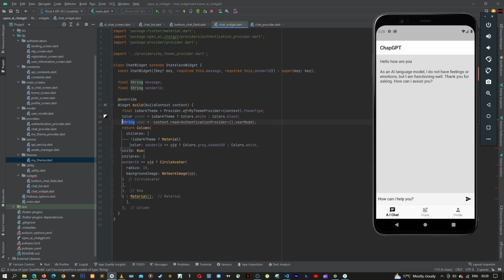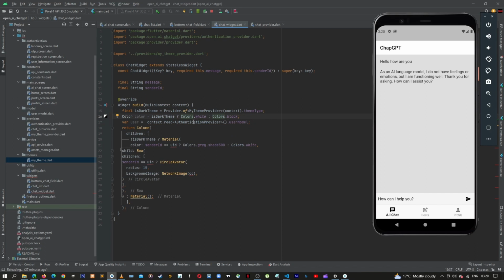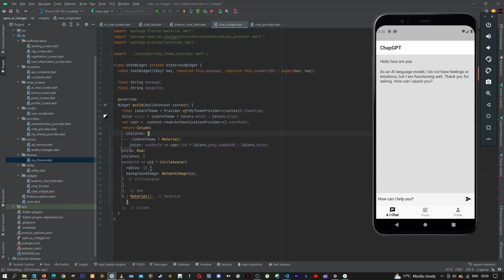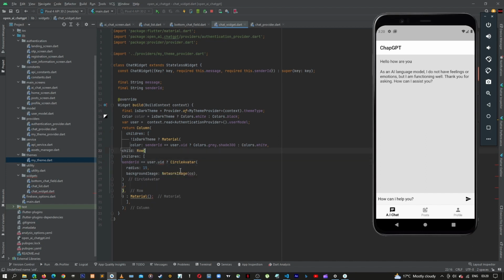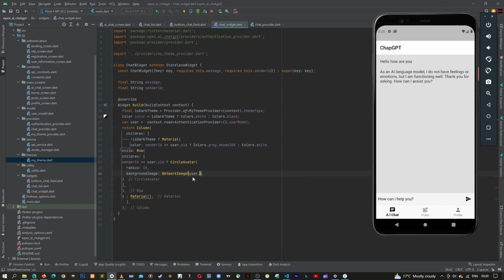Let's keep this as a variable like that, and then here we can just say user.uid, and then also here user.uid. So here on the network image we can say user.profile image. Okay, great. The next thing to do now is